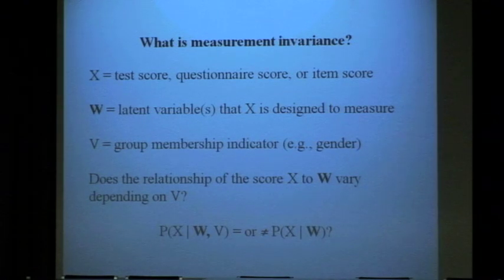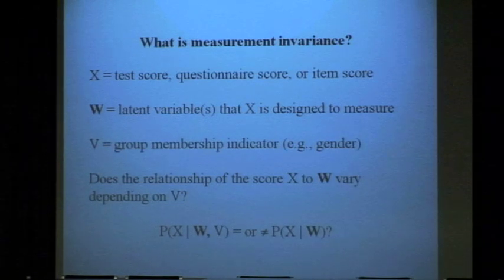And there may be more than one of them. It's in bold here on the overhead, to reflect that it might be a multivariate, might be multiple things. And then V is a group membership indicator, just to indicate what group a person belongs to. Gender, it would be binary. Cultural groups, it might be polytomous, various categories. So V is also observed.